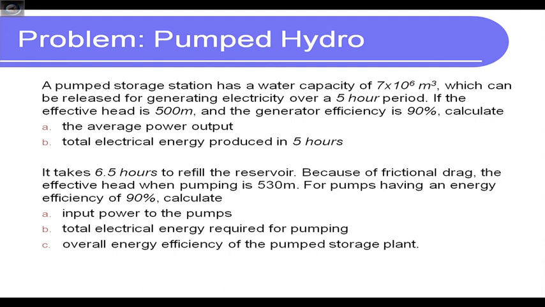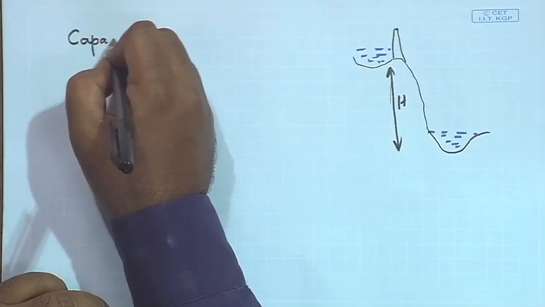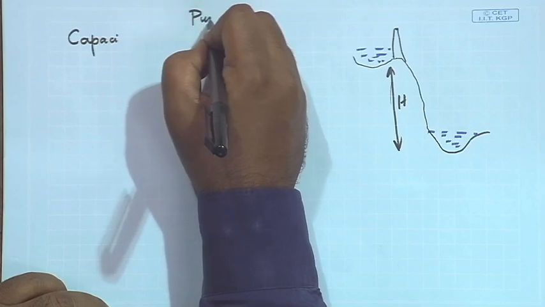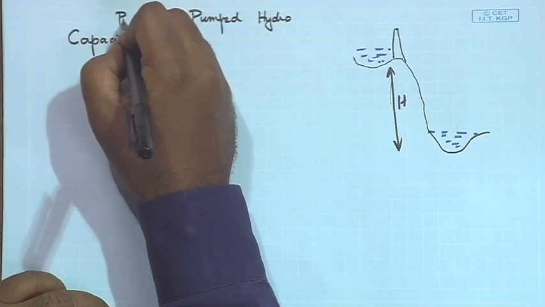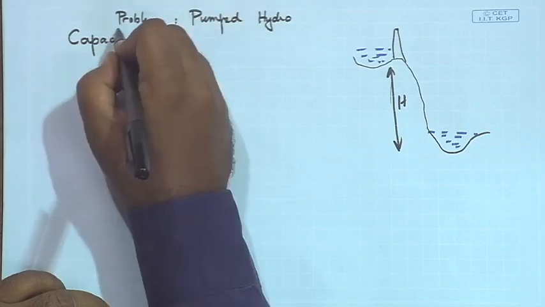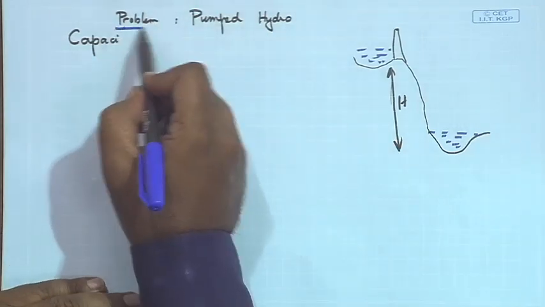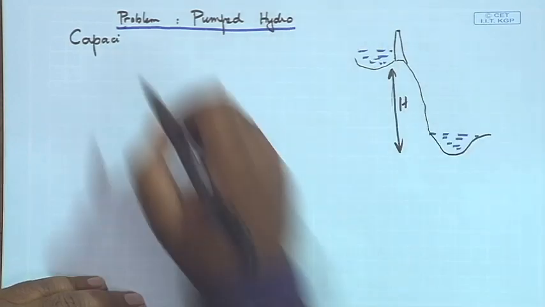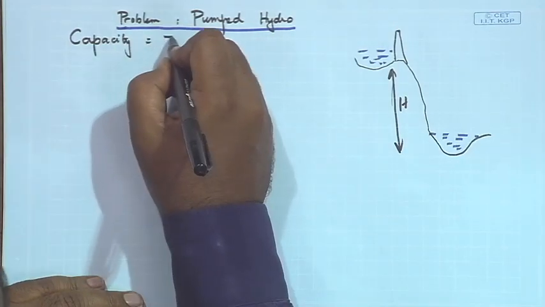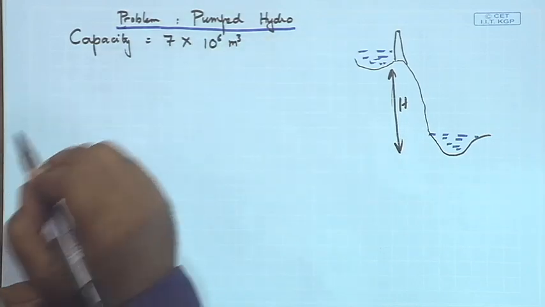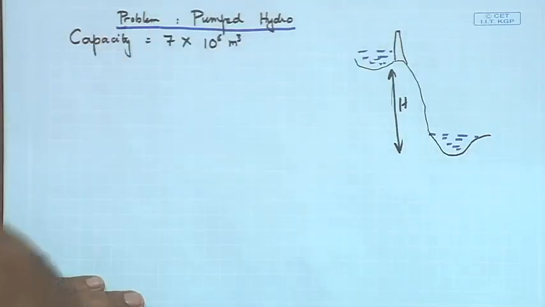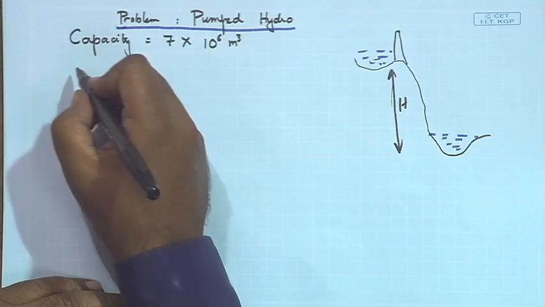All right. So, let us first do this and then we will come to the second part. So, first we will say the capacity, okay, this is the pumped hydro problem. Okay. What is given? We know the capacity is 7 times 10 to the power 6 meter cubed. This is the volume of water that is pumped up. Clear? So, therefore,